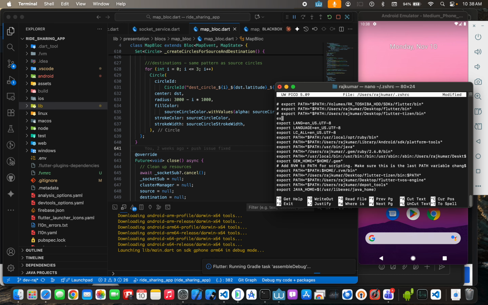So I'm adding export PATH equals to $PATH. Now this is the path. Okay, so but